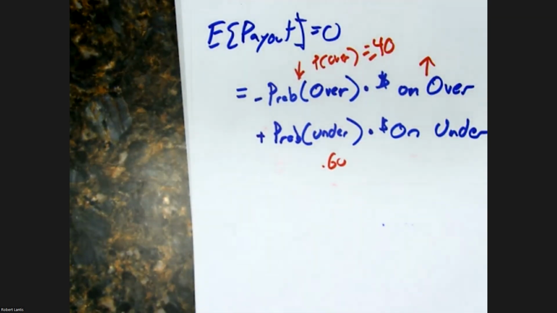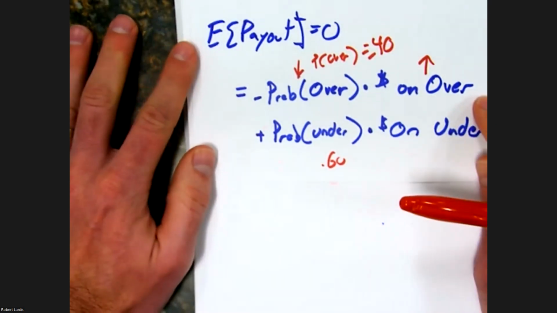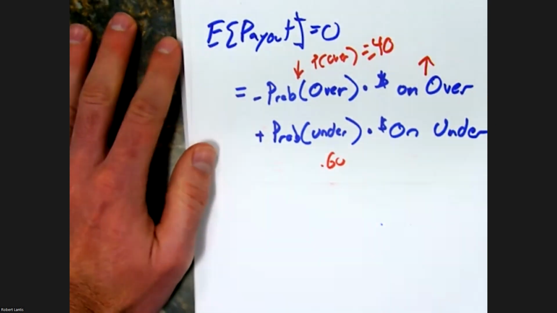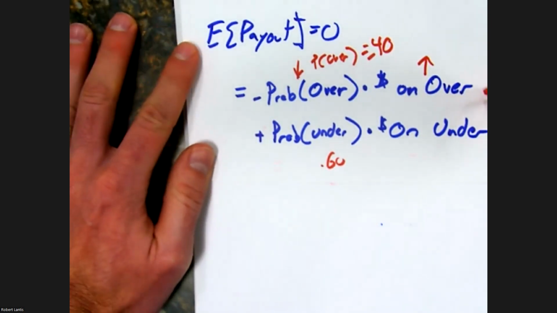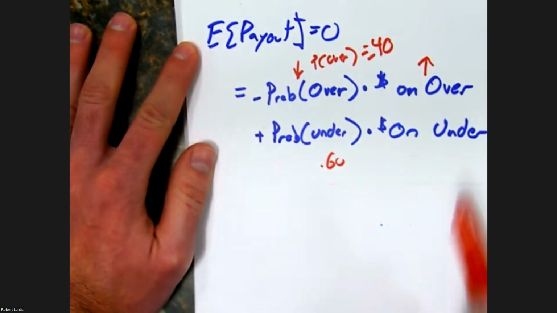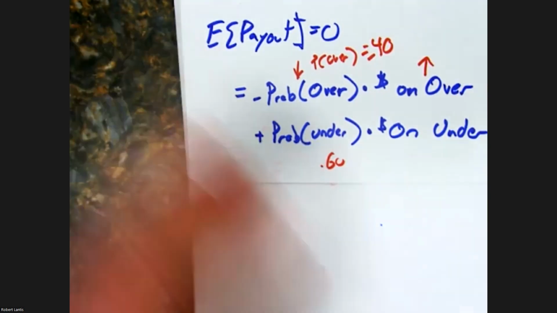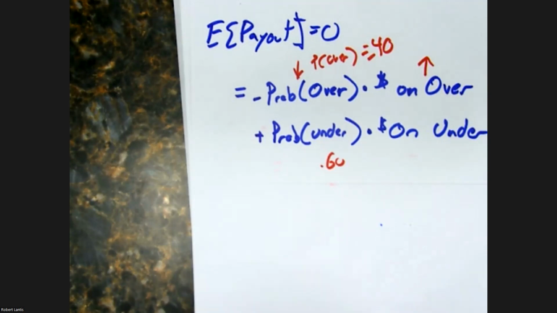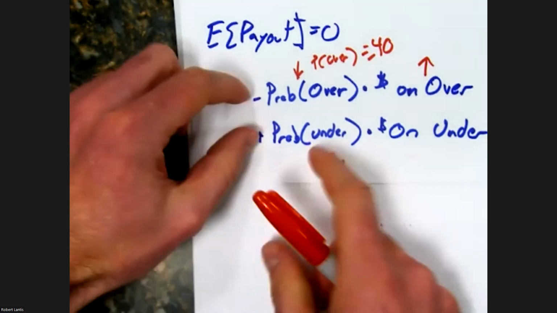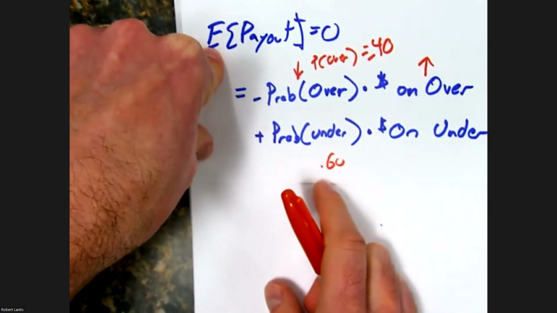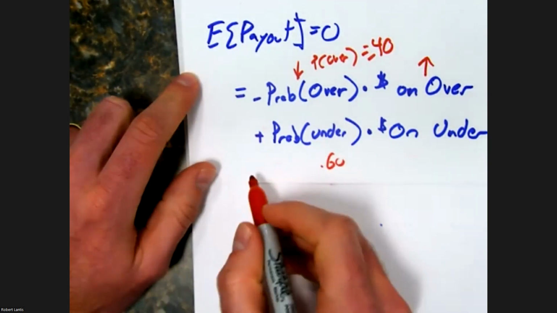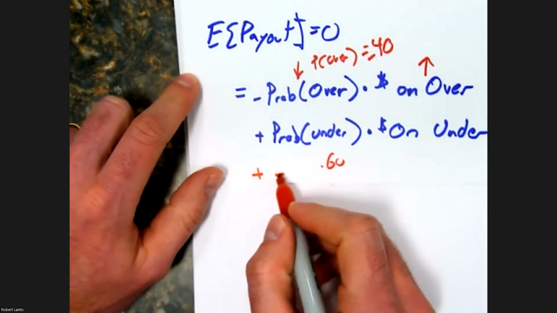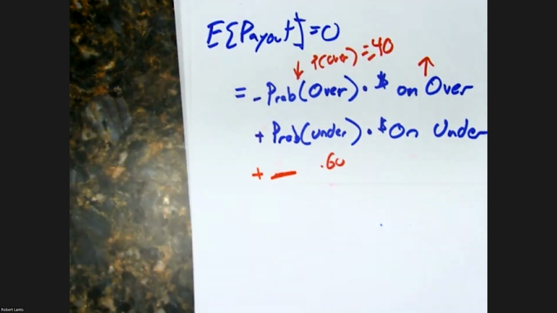If you're looking at some Division III game, even if 100% of the money is on the over, I don't have to adjust it nearly as much, because that might only be, I don't know, a couple thousand dollars. Whereas if I'm looking at the Super Bowl, well, man, the amount of money bet on that, I could see the imbalance get really, really huge, especially if those lines are put out early and there's a lot of time to adjust. Okay? But it really is just in terms of trying to get that expected payout to be zero. And it's not quite technically the expected payout from the bets. Remember, they're always keeping some lump sum amount, right? They're skimming it off the top. Right?